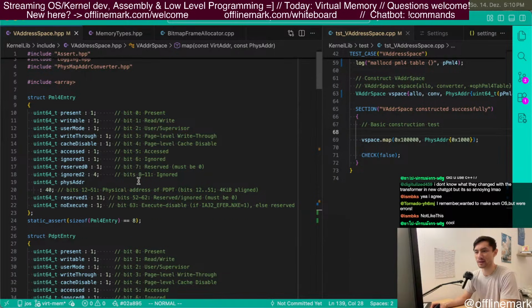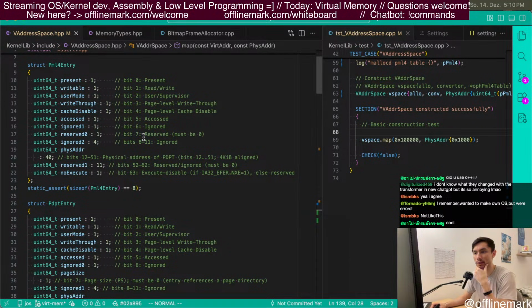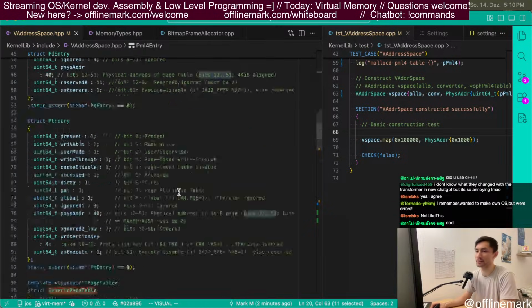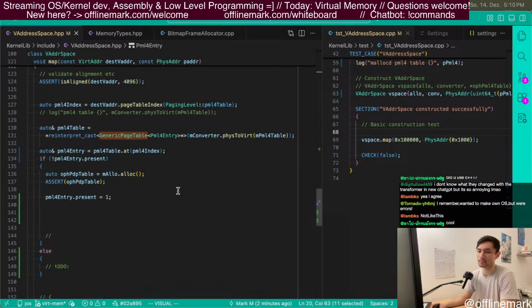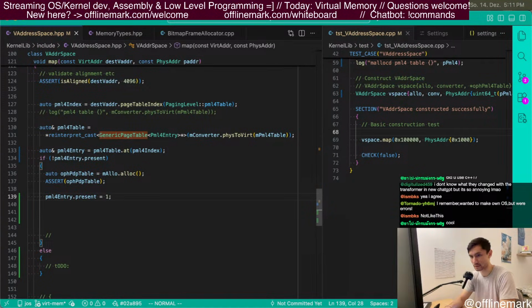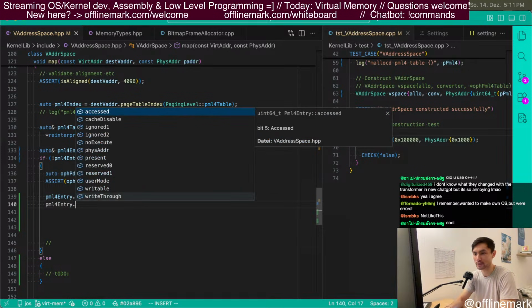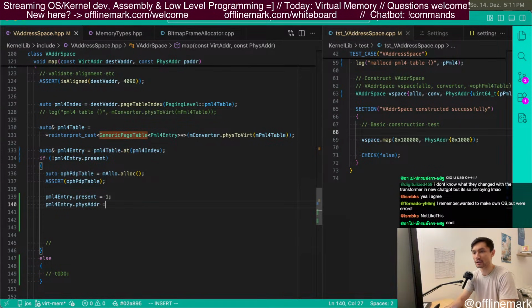I think that's also what the AI was trying to tell us. It's bits blah blah blah of the physical address. So what would that look like? PML4 entry dot phys_adder equals